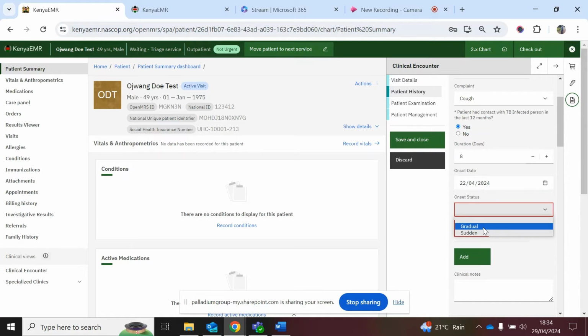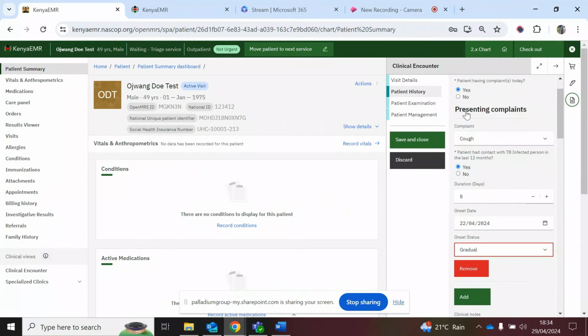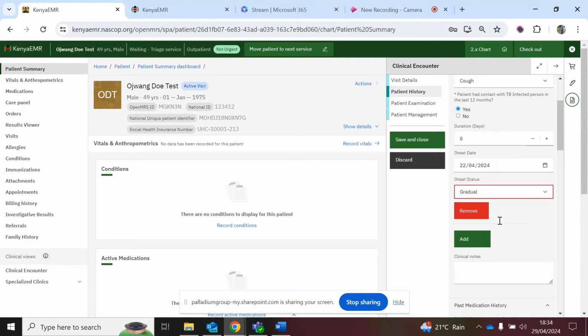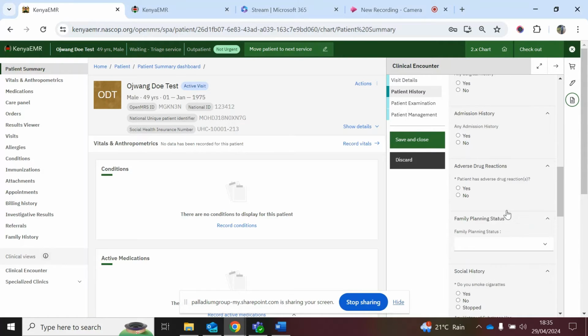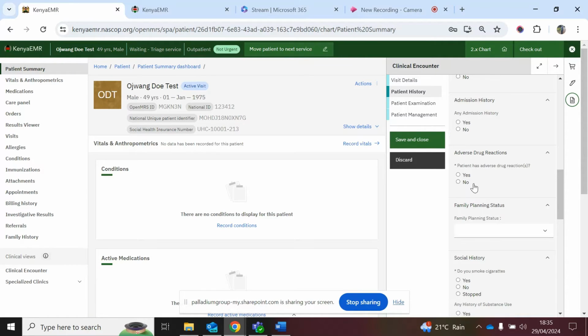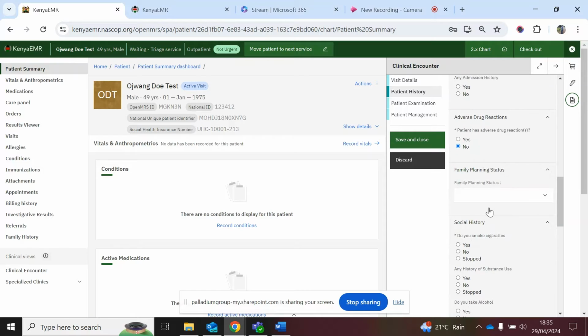Then the onset status, so you can record all these presenting complaints as many as possible by adding, and you can record all this history as given by the client, even whether there is any adverse drug reaction,